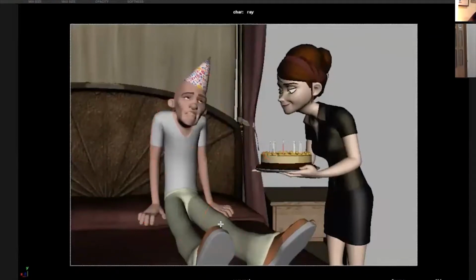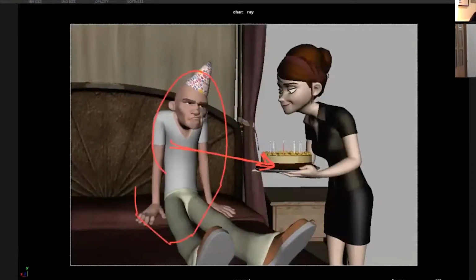So if I look at this image here and I would guess what's happening, he almost looks like a pouty little kid that didn't get his way, and this is somebody trying to give him a treat and trying to keep him happy, but he's kind of grumpy. But at the same time, he wants the attention because his body language is facing her.